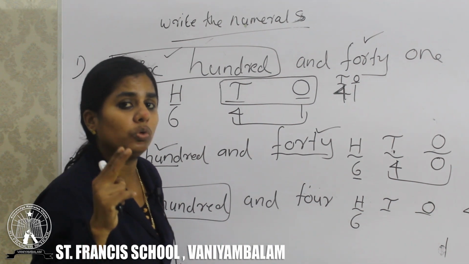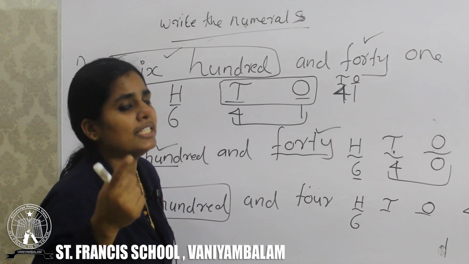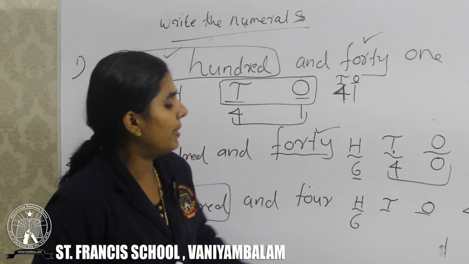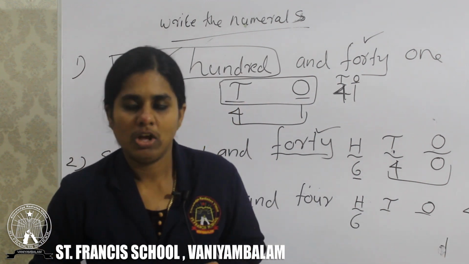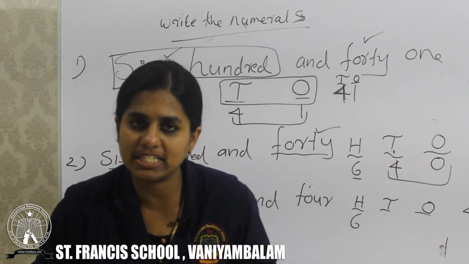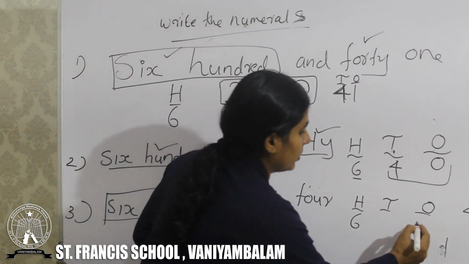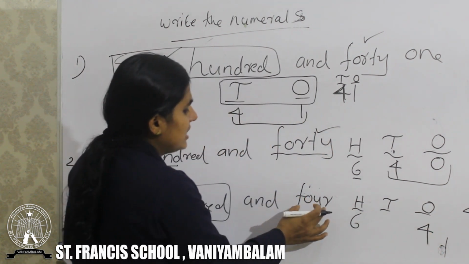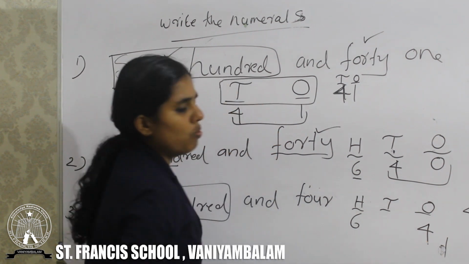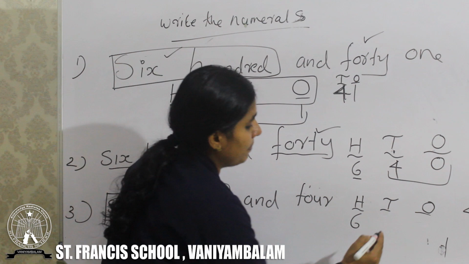Here we have 2 digits, so we can write: on the right side, which number? That is in the ones place. Then left of the ones, which number? That is in the tens place. But here we have only one number. Every time we have only one number, that number we want to place in which place? Ones place. There is no doubt. Here we have only a single digit number, so we write it in the ones place. Don't write it in the tens place.